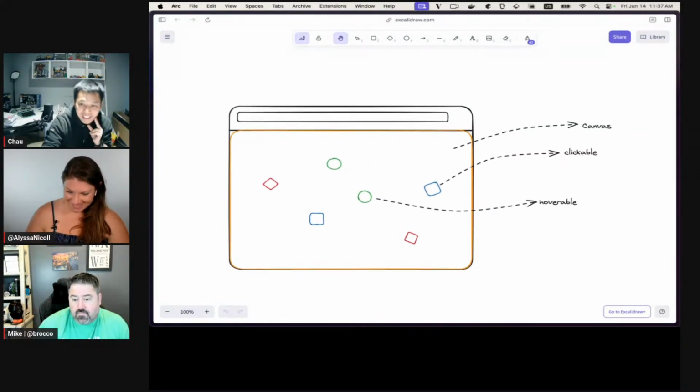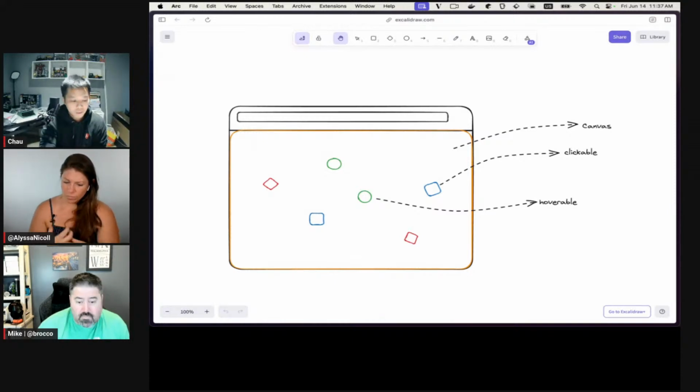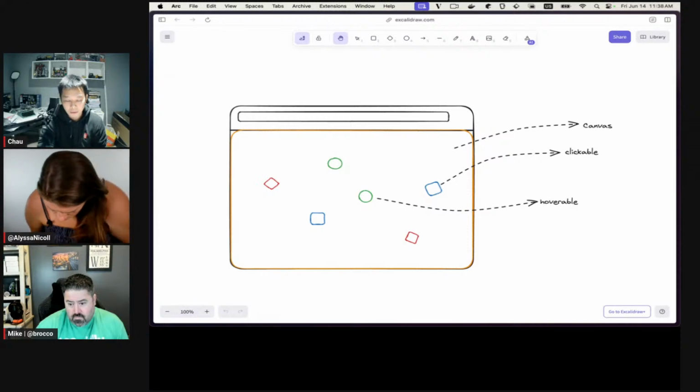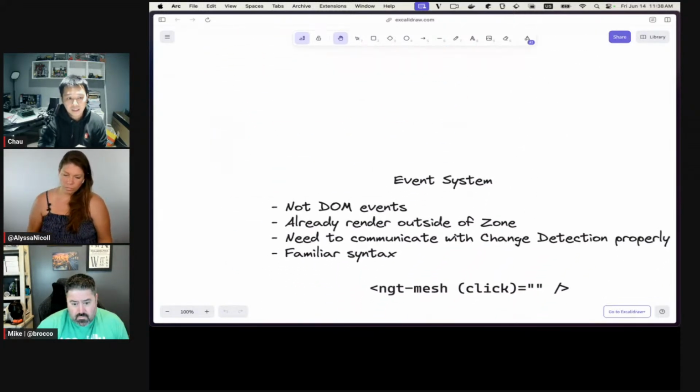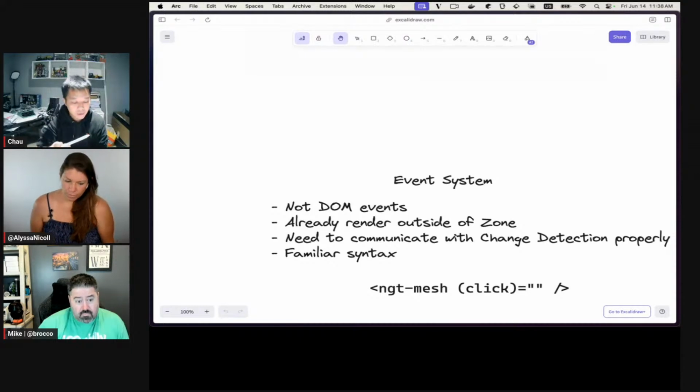All right, so what you're seeing right now is your regular web browser, right? And then the entire canvas, with these 3D objects inside of that canvas. For example, this object is clickable. This one is hoverable. So you might need an event system. They are not DOM events because they are not DOM objects. As you saw earlier, they're not represented on the DOM tree because everything is inside of the canvas.